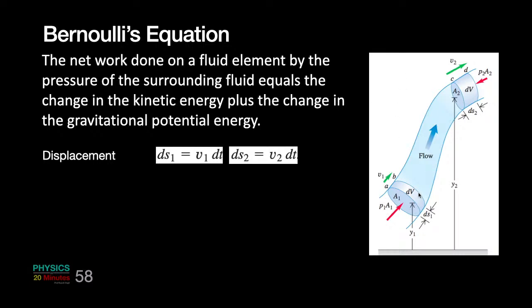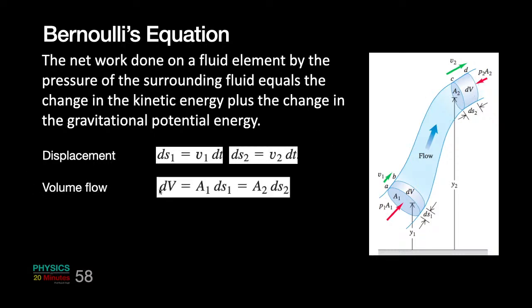Again, I take a small section of fluid in a pipe, and displacement is v dt. At this point it is v1 dt, and at this point it is v2 dt. And the volume flow, as we have seen, is cross-sectional area into displacement. So A1 ds1, A2 ds2,